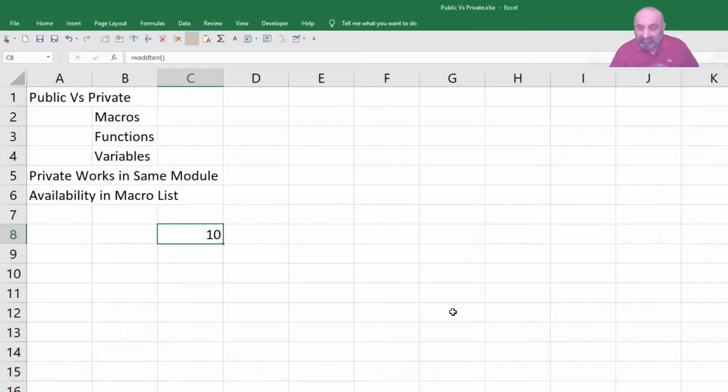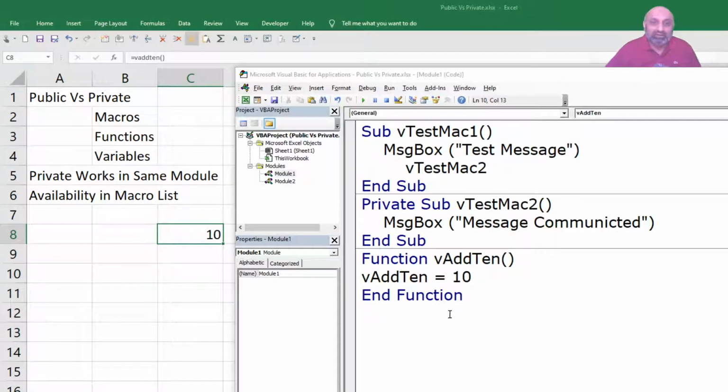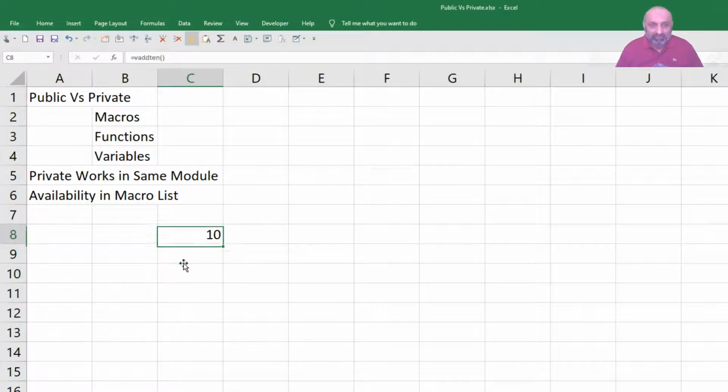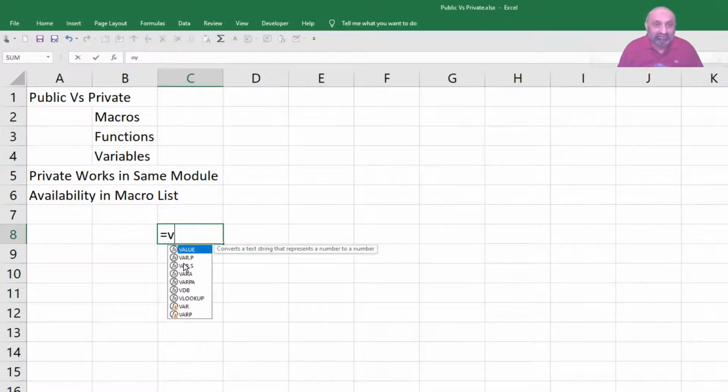I hope this is clear. The function is running. It is giving us the answer because we have to assign a value to the function name, and we have done it. What if I say private function? So if this is a private function, now what will happen? If I say is equal to v add, there is no function appearing in Excel.